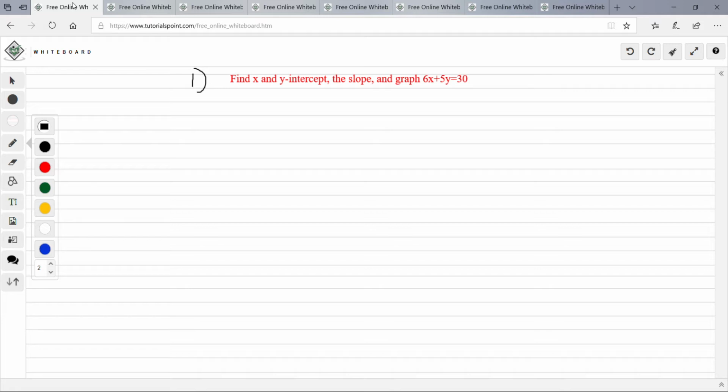So we're given 6x plus 5y equals 30. One way to graph this is you could find the x and y-intercept, because you really need just 2 points to graph. And then here, to find the x-intercept,